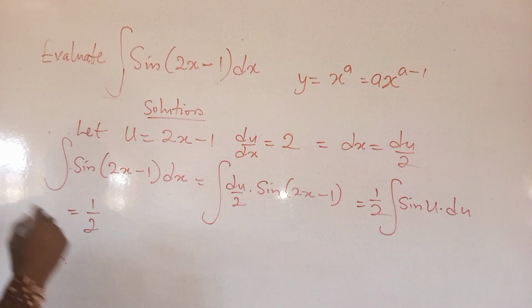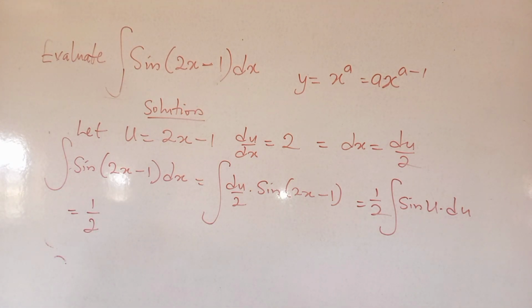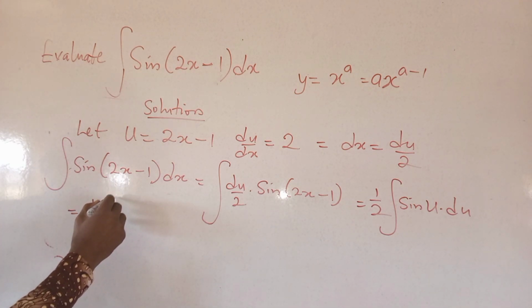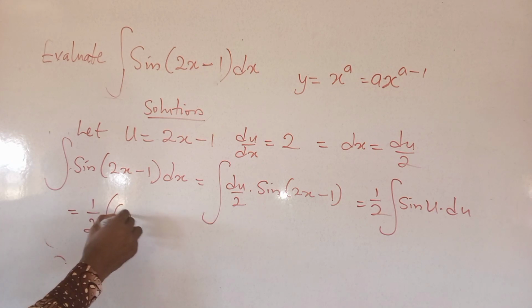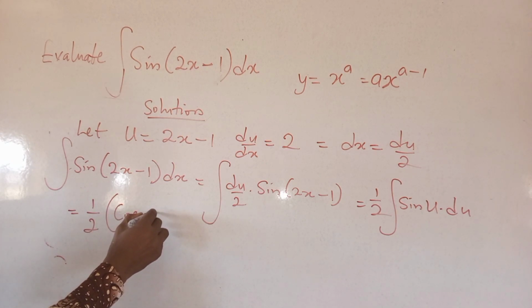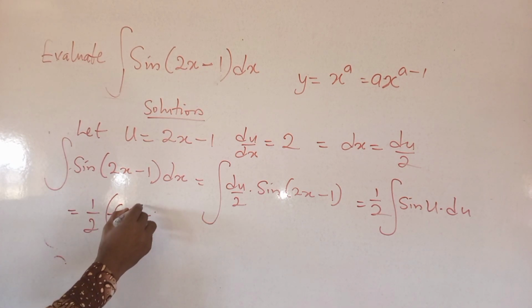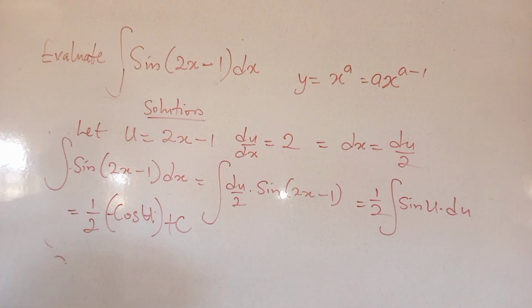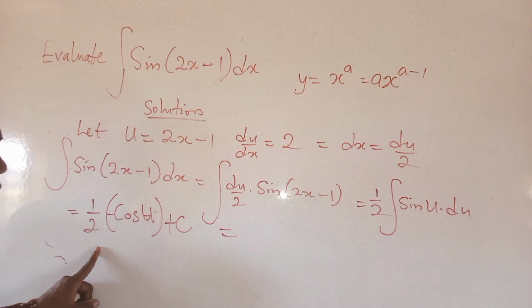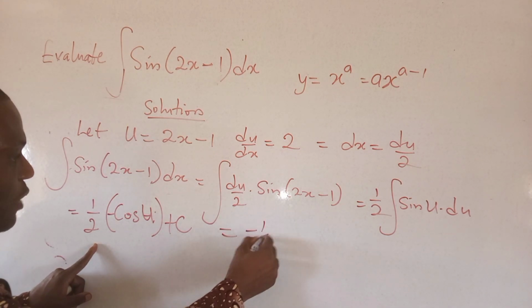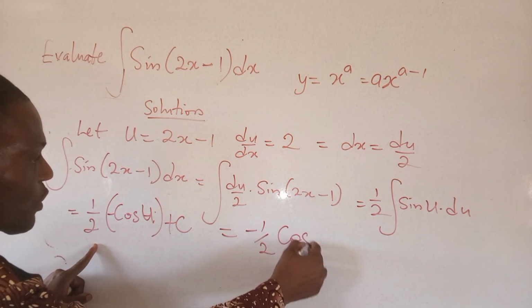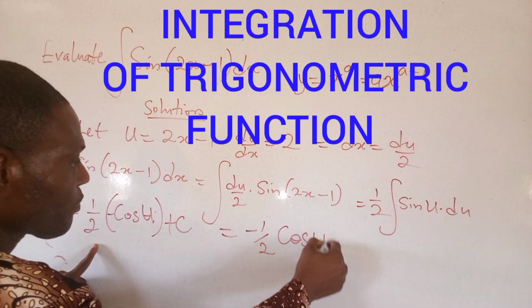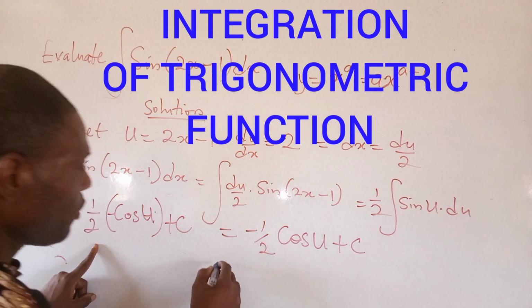So I have minus cos u plus c. So at this point, I'm going to have minus 1 over 2 cos u plus c, which will give me